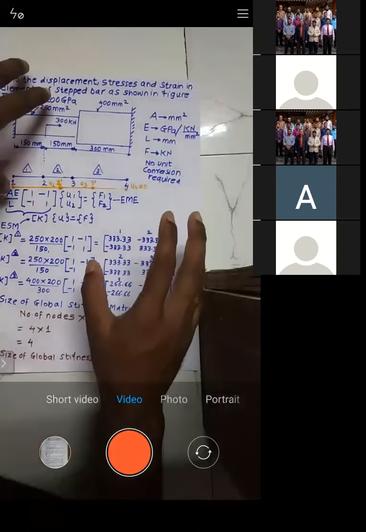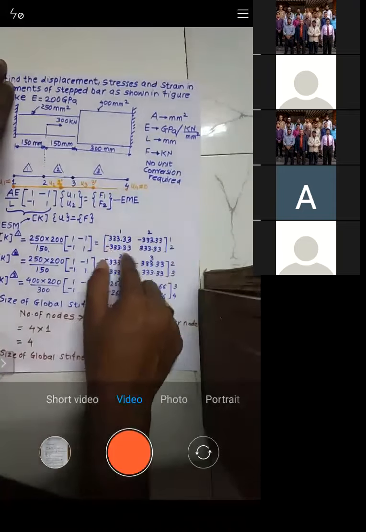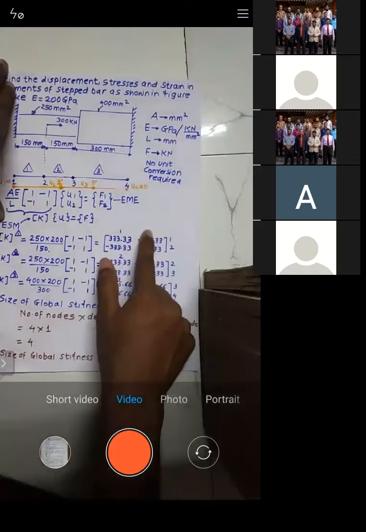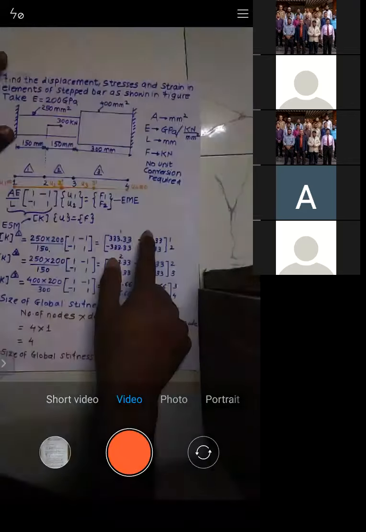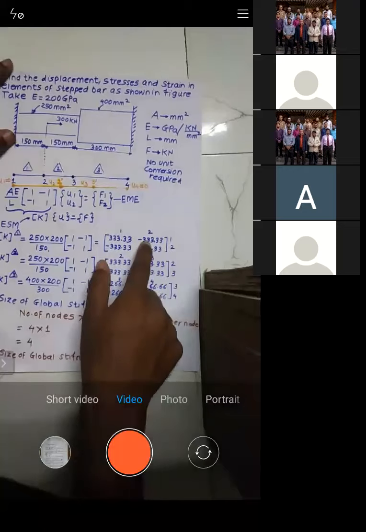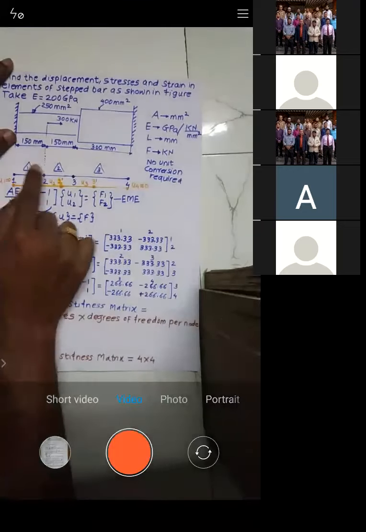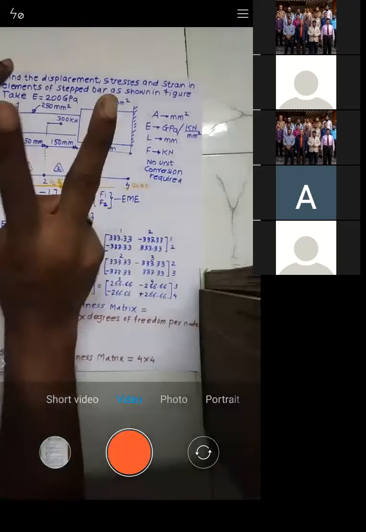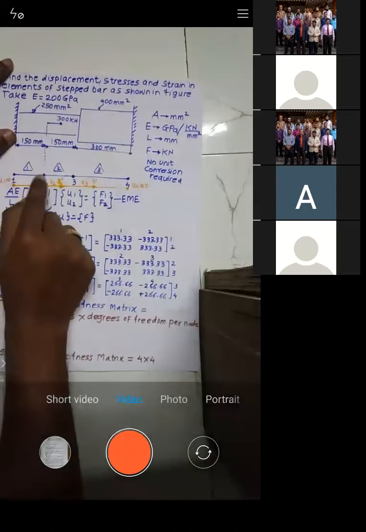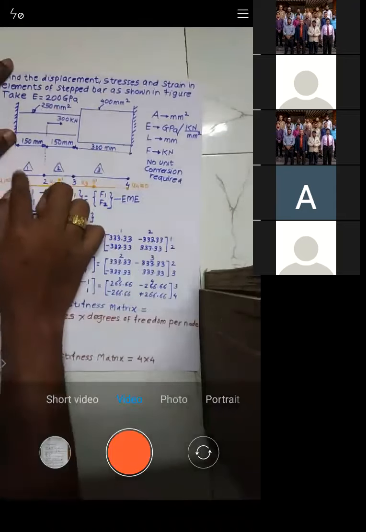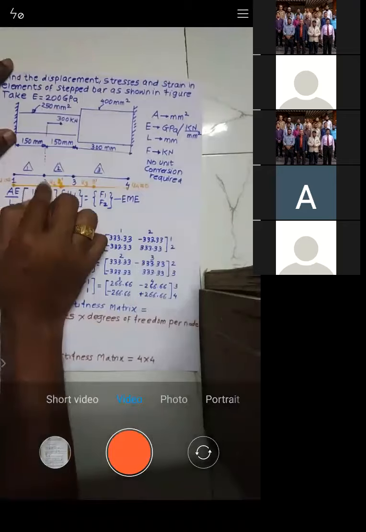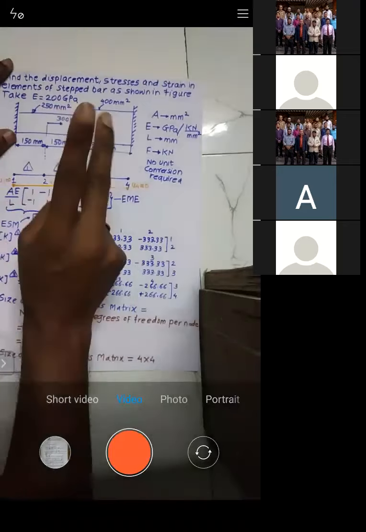See, now all of you can see the size of this matrix. What is the size of this matrix? It is 2 by 2. For any element, there are 2 nodes. If you just see element number 1, it has 2 nodes, 1 and 2, and each node can move in one direction, right?